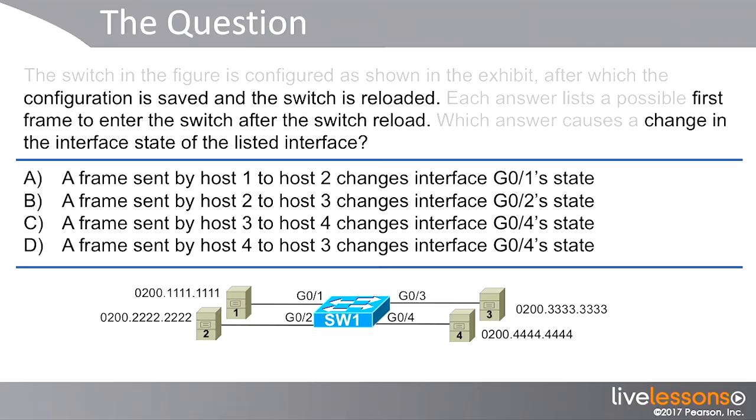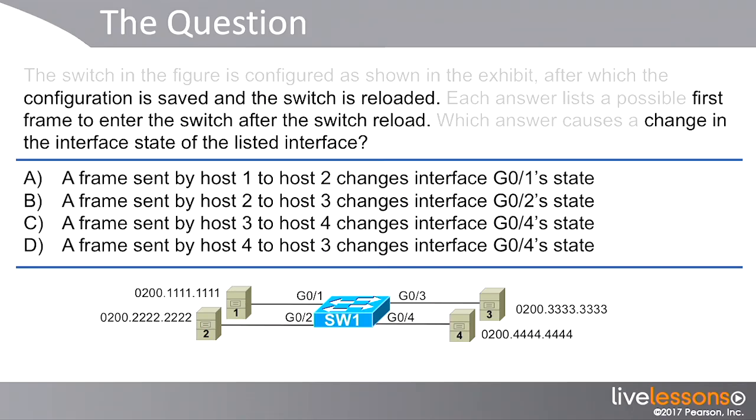Well, it turns out with port security, it can change interfaces to a weird state called error disabled. I say weird in that you don't see it much, particularly at CCNA level. And one of the ways that a switch can recover an interface from that state is for the user to do a shutdown and no shutdown command on the interface. Well, you can also recover from that by simply reloading the switch. In a production network, obviously that's pretty extreme, but for this question, it's basically the way of saying, all right, we're going to start anew, all the interfaces should be up and up, and then it goes on to say